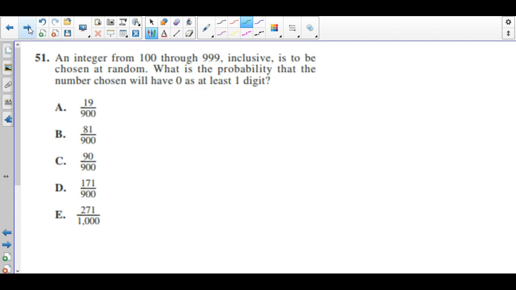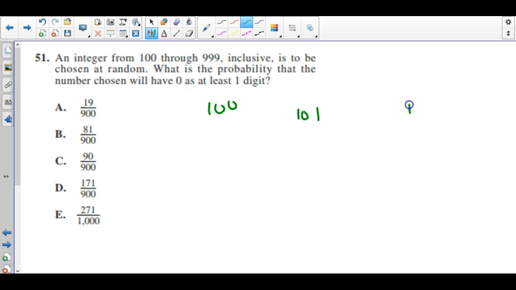Alright, so the last few here. An integer from 100 to 999 is to be chosen at random. What is the probability that the number will have 0 as at least one digit? So you're going to look at basically that we're talking about 3-digit numbers here. So what I'm going to do is just say, okay, we have 100,